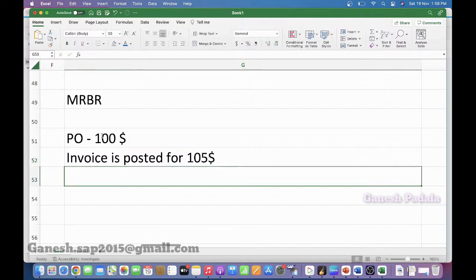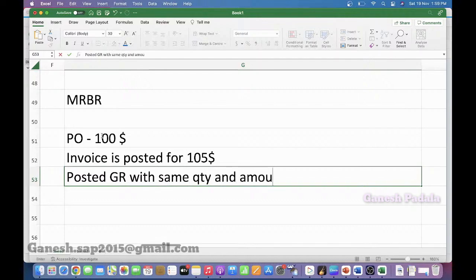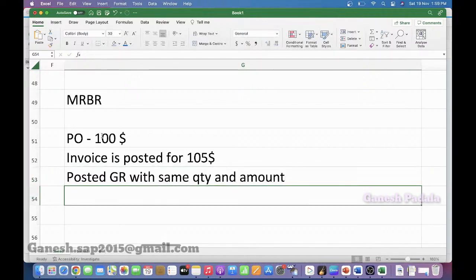So the system has blocked it for payment. But in the meantime you posted the GR. So the system will take the same amount, the posted GR with the same quantity and amount, so there are no discrepancies or differences.